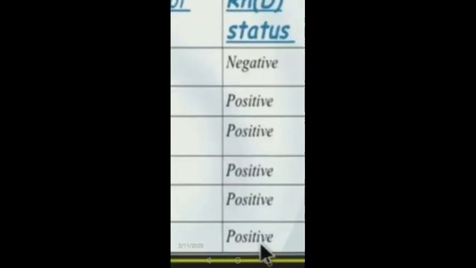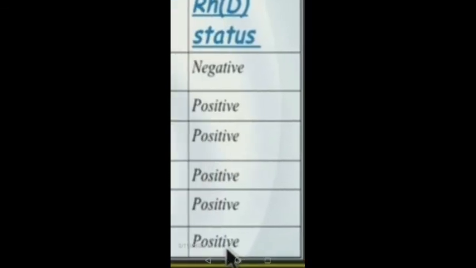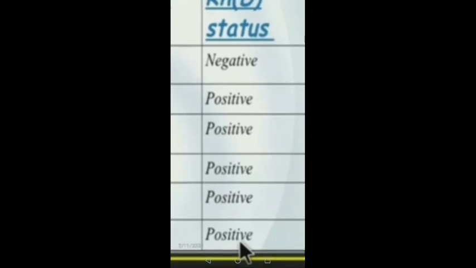Here, next one: first capital C, capital D and small d. Next one, small d, small c, small d, small e. In the first CDE, capital D is there, so capital R comes. In the next one small d is there, so small r comes. Even with small r mixed in, it is said to be a dominant one, and we can say it is a positive one. They are showing only this here.